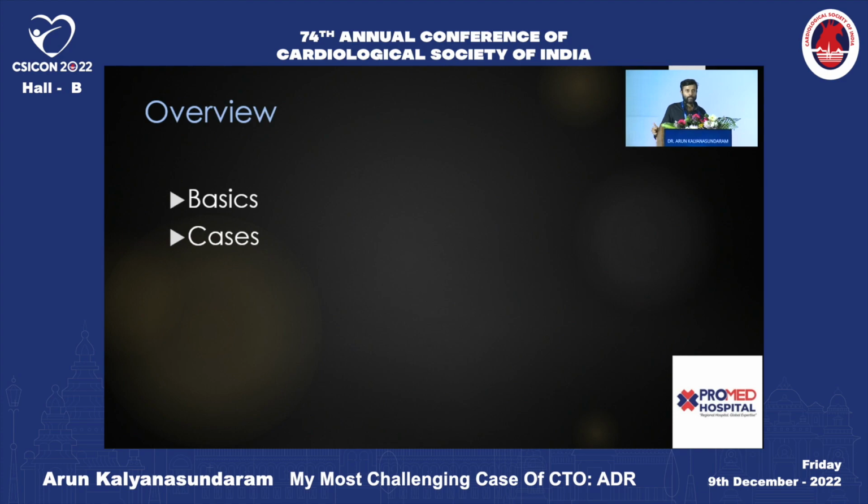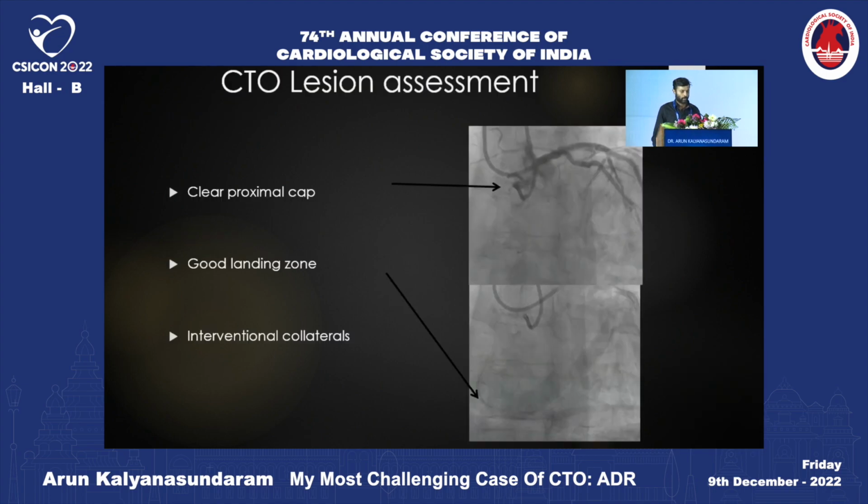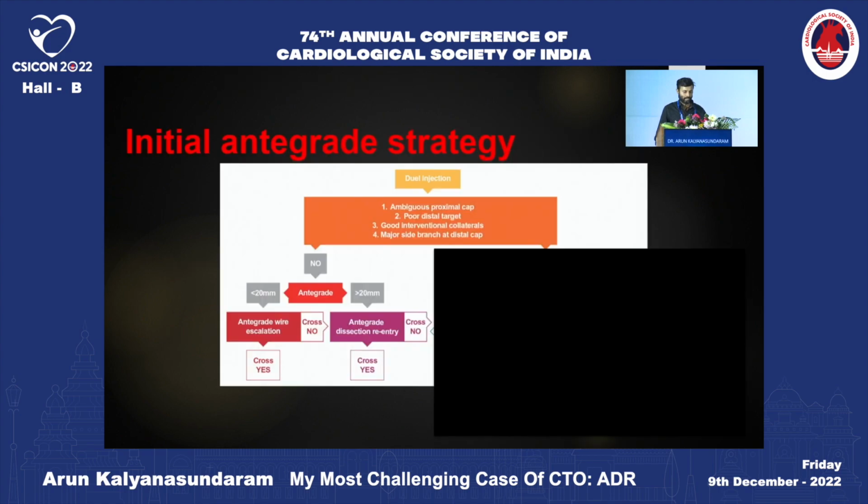The big disclaimer is that if you don't do ADR, this talk is not going to make you an expert in ADR, so I do apologize, but I will try to go over the basics. In general, when you have an unambiguous cap, a good landing zone, and we look for interventional collaterals, lack of interventional collaterals, having a good landing zone and a clear proximal cap typically tends to favor an antegrade dissection reentry